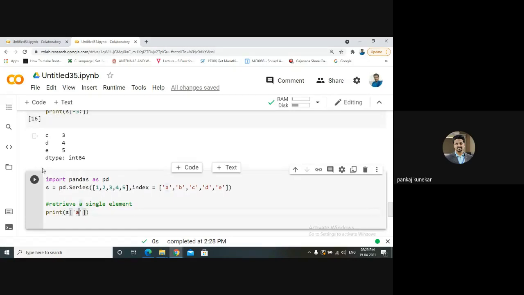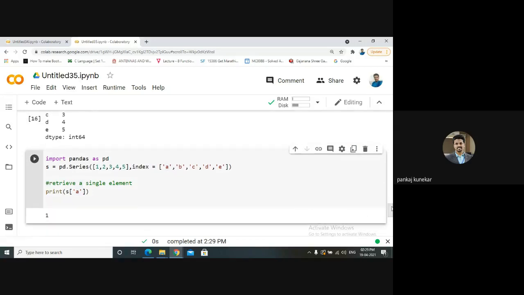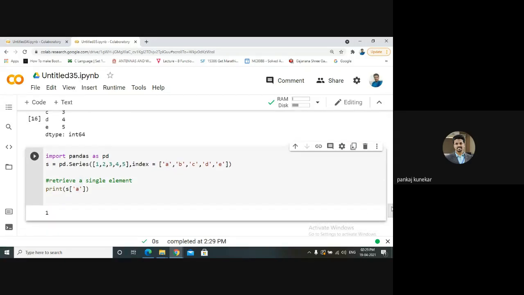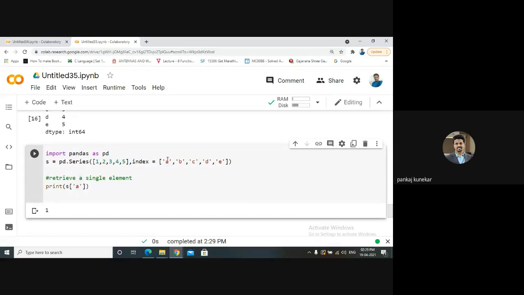So s of a will display the value related to your index. What is the value for index a? 1. Suppose we change it to e. See, so 5 will be retrieved.